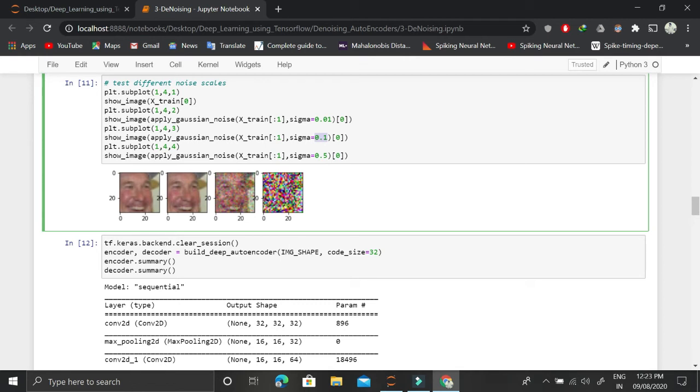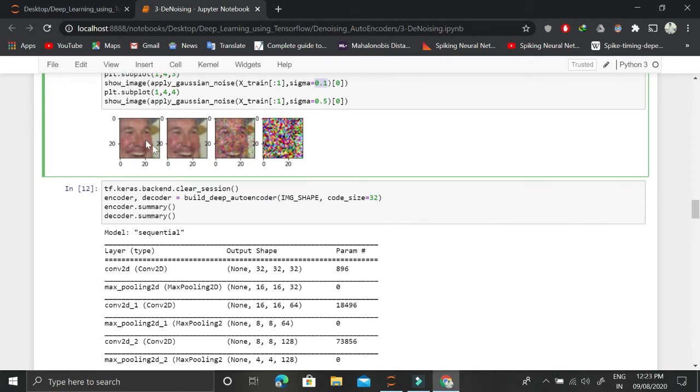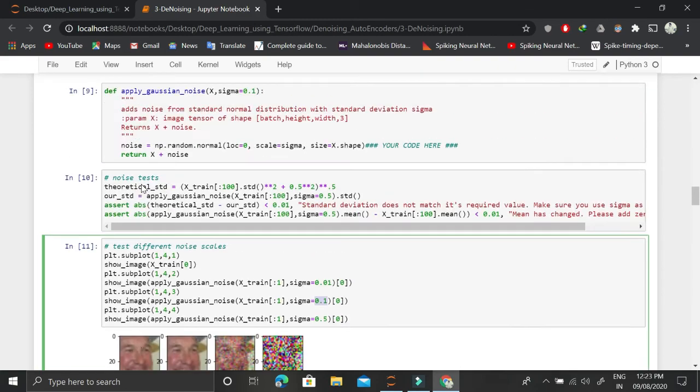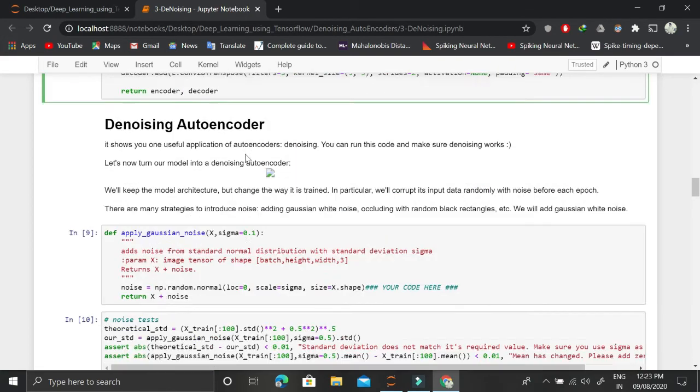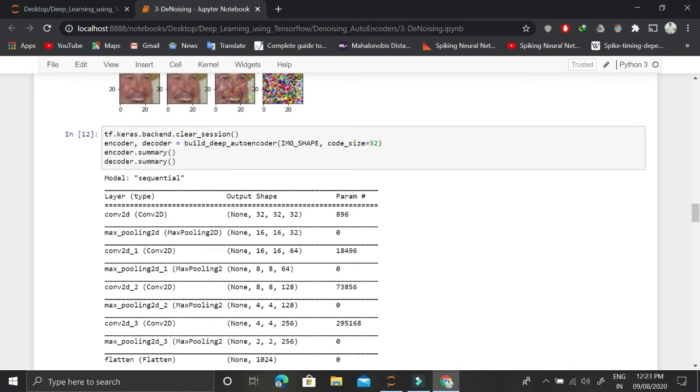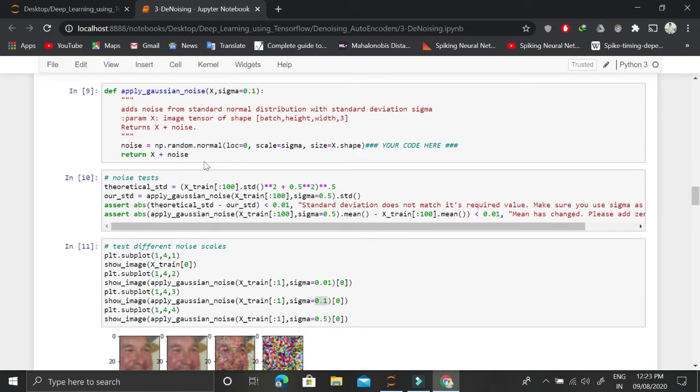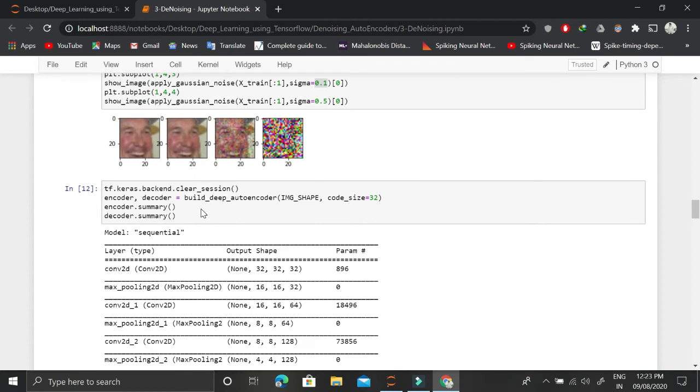So usually what we are interested in is that we give this much noisy image, and we regenerate back this original image. This is the original image. So this is our main aim. We will be adding this noise to the input image, and we will be regenerating the original image, and in the process we will be learning the hidden dimension, this code size. So given the noisy image, we will be encoding it into this code size, and using this code size as an input, we will regenerate the original image from this noisy image. How will we do it?